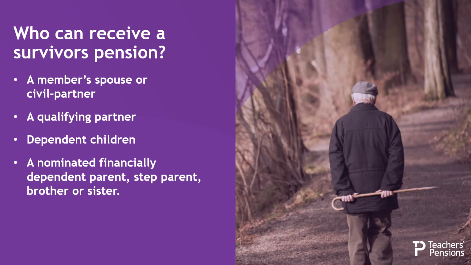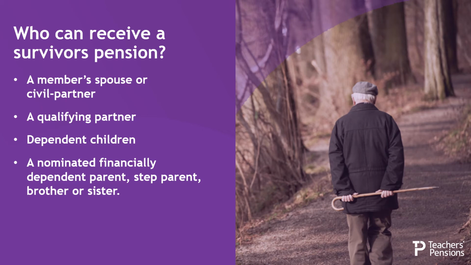Unlike a death grant that can be paid out to anybody, survivor's pension or family benefits can only go to people who are eligible under the scheme regulations. Eligible beneficiaries are a member's spouse or civil partner, a qualifying partner provided they would have been able to marry or enter a civil partnership, they've lived together for at least 2 years and are able to show that they are financially interdependent, a dependent child up to the age of